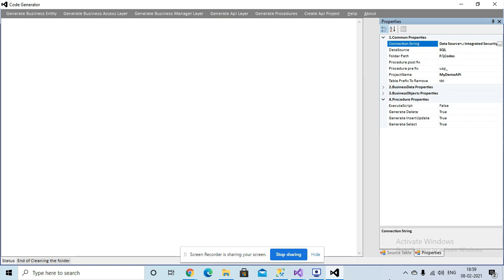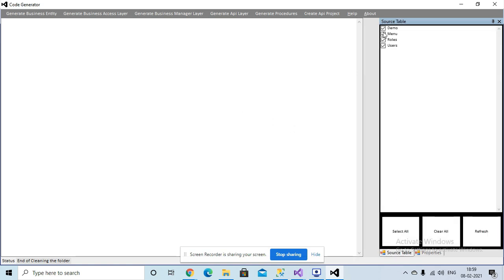If you are working on an existing application and you want to generate a business entity class for a table, a business access layer, a business manager layer, or an API layer, that is, a .NET Core controller, and stored procedures for your CRUD operations, this menu will help you generate all of those components.